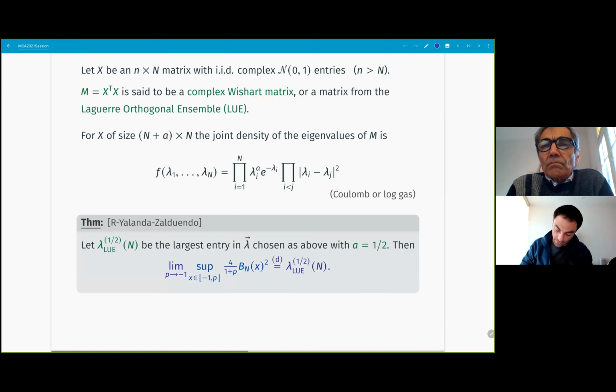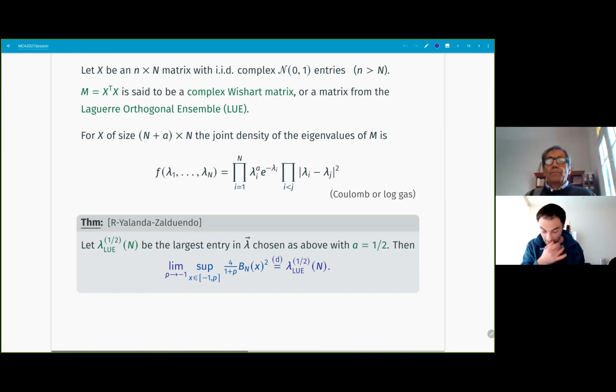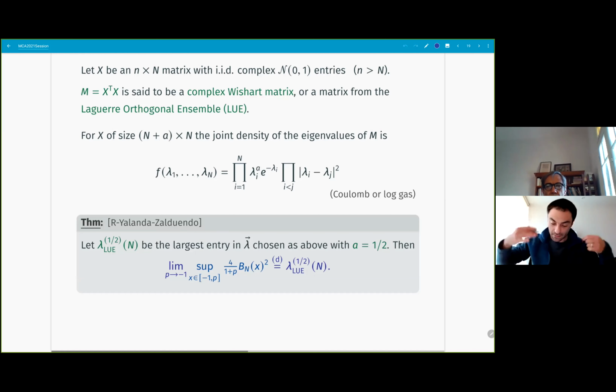Well, it turns out that this distribution that I was discussing, the limit as p goes to -1, which one would expect to have to do with complex Wishart matrices if the limit as p goes to 1 had to do with real Wishart matrices. It's reasonable to believe, because of all the story that I've been telling you, that as p goes to -1, it should have to do something with complex Wishart matrices. And yes, it is, but sort of.